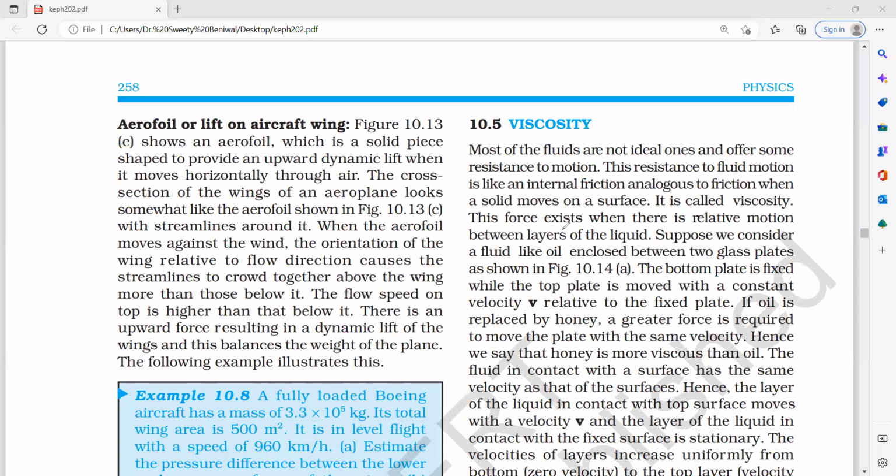Hello dear students. So today we are going to discuss viscosity. Most of the fluids are not ideal ones and offer some resistance to motion. Ideal fluids basically have some properties, like first you can say